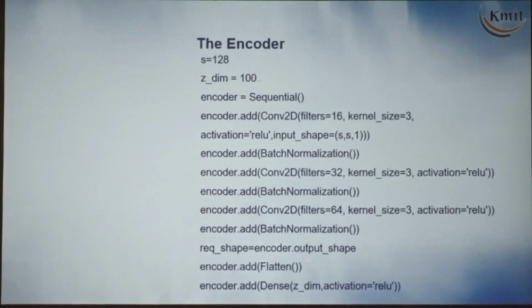From your house to college, if you want to come here, if you use the sequential model, you know only one way. That is only from house to signal 1, signal 2, signal 3, cross, that's it, close. If there is the traffic jam, then you can take another way, shortcut. Or even if it is long, you can go through another way. Like this is the model. If you use only one way, that is sequential. If you use multiple ways and finally if you are meeting somewhere, that is called the model, simple model, right?